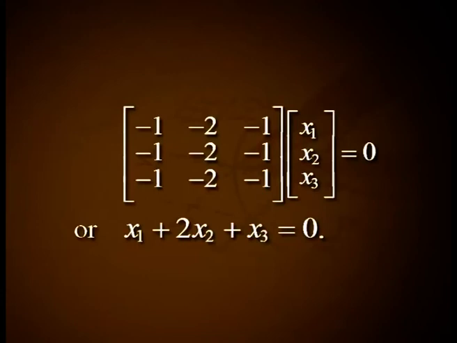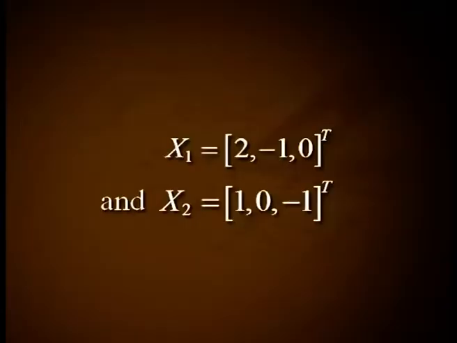Every vector [k, k, k] transpose of this space is a characteristic vector of A associated with the characteristic root lambda equal to 5. When lambda 2 equal to 1, (A minus lambda I) into x equal to 0 becomes matrix [-1, -2, -1; -1, -2, -1; -1, -2, -1] times [x1, x2, x3] equal to 0, or x1 plus 2x2 plus x3 equal to 0. Two linearly independent solutions are [2, -1, 0] and [1, 0, -1]. Thus, the characteristic space associated with the characteristic root lambda equal to 1 is the two dimensional vector space spanned